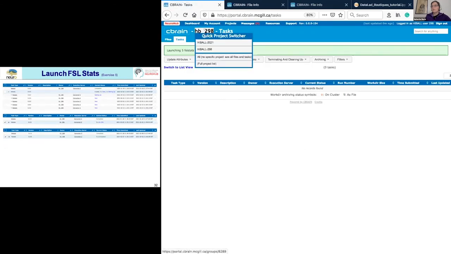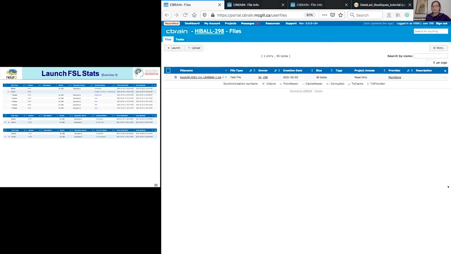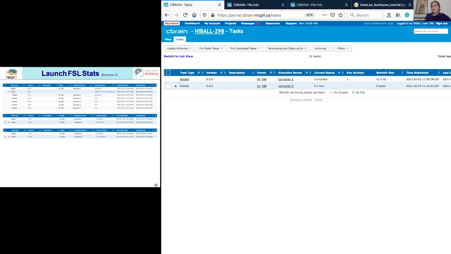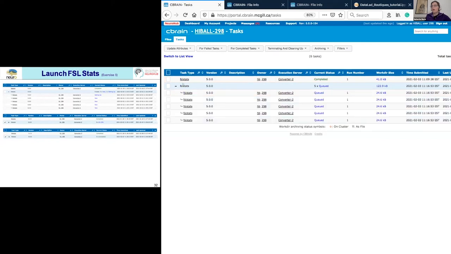Right now, if you go to the project you just created at the beginning of the presentation, you will see on the task list that you have the task you launched before that was already completed, but here you will have 5 tasks that are in status new because they were launched. And if you expand, now it's queued.